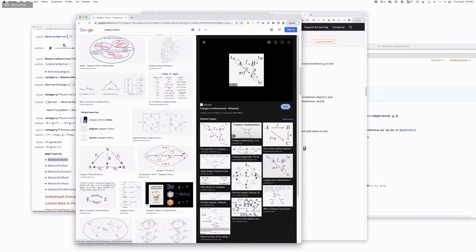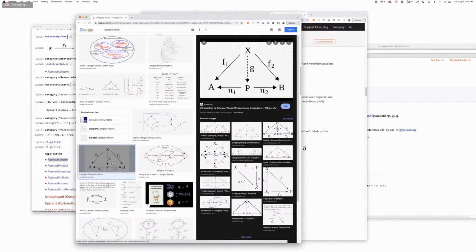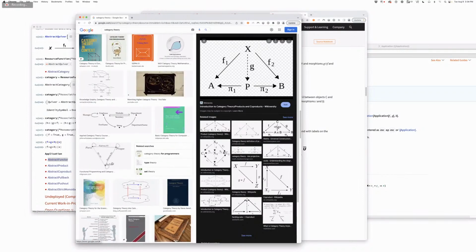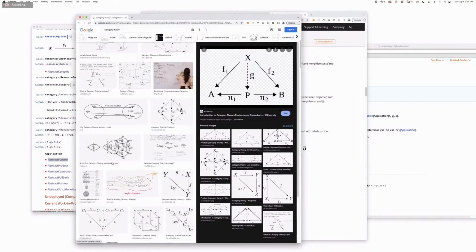Yes, and I think they're also using the small circle for composition, and I'm not sure why we aren't using that, because it would seem like the natural thing to use, unless that means something different. I tried it. I didn't like the way the operator seemed too small, but that may just be. Yeah, but okay, so that